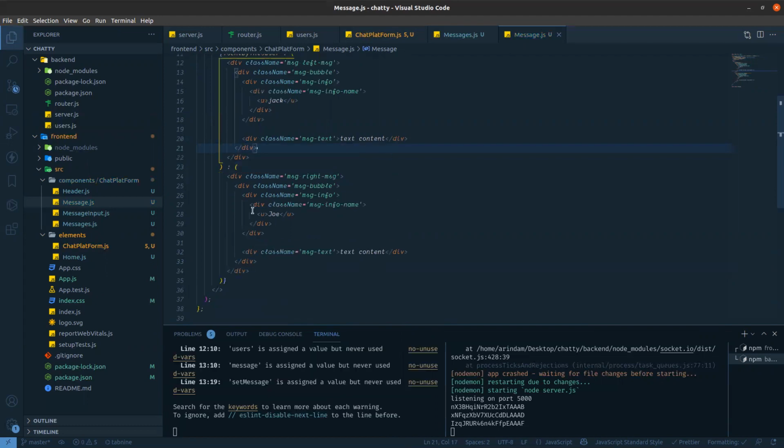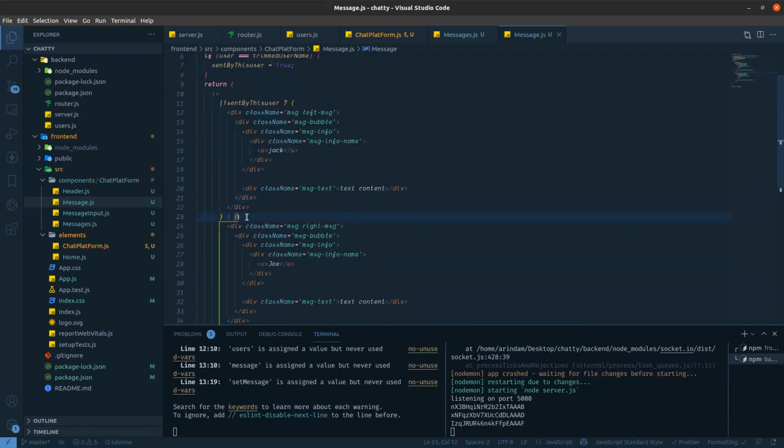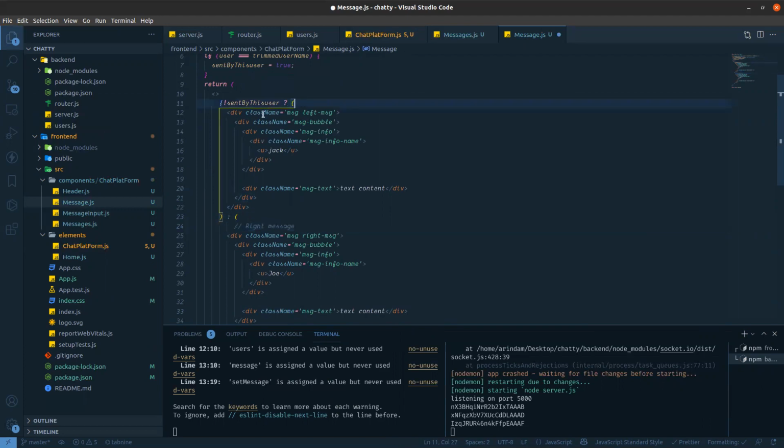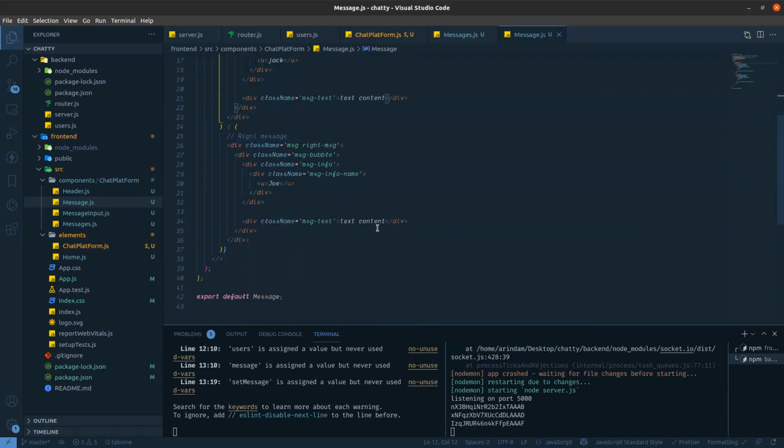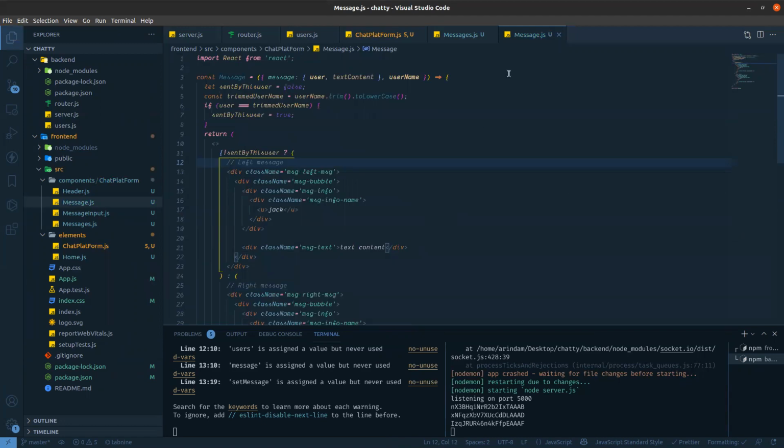Okay, so this is for the right message, and this is the left message. Okay, so where we need to put that user, and here this is the text content.